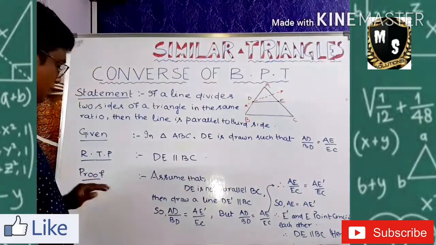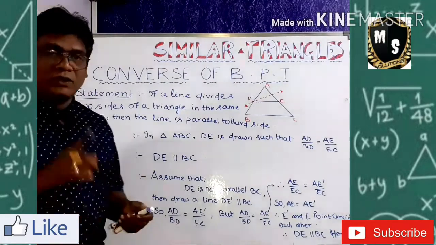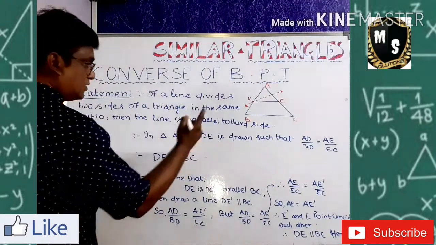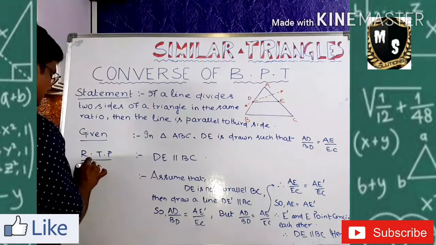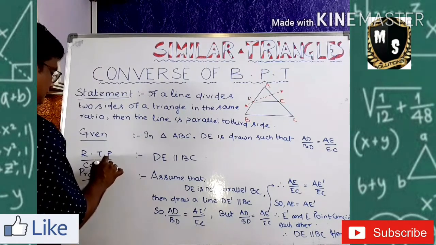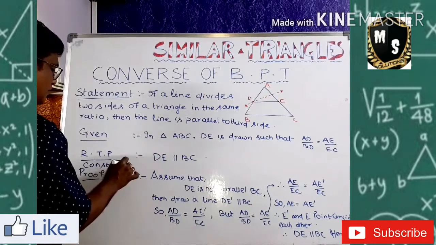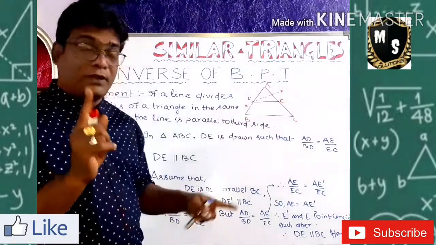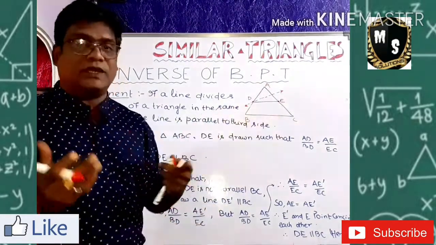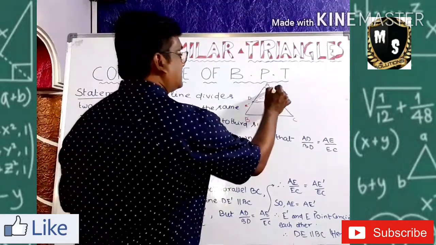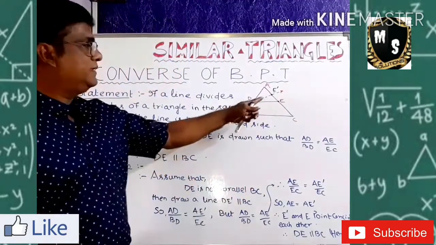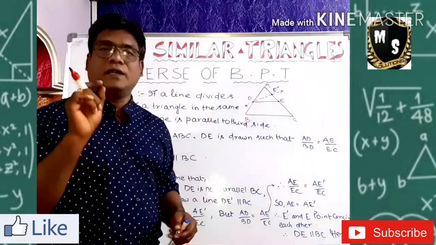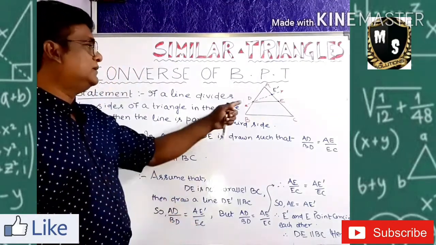See now how I am going to prove. There is a construction here. Don't forget, I have not written it in the figure, but I am explaining the construction. What is the construction I am writing? The construction is, draw a line parallel to BC. Assume this line, look at it, DE dash, is a line. It is a dotted line. So it is a construction. Constructions are always in dotted lines, by which you can easily understand that you constructed it.